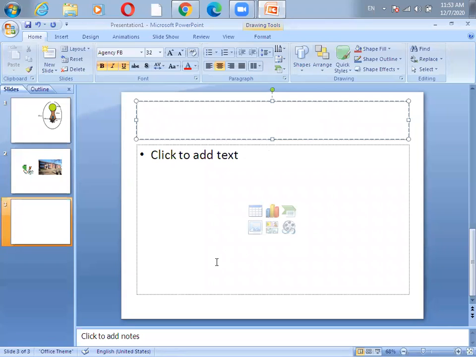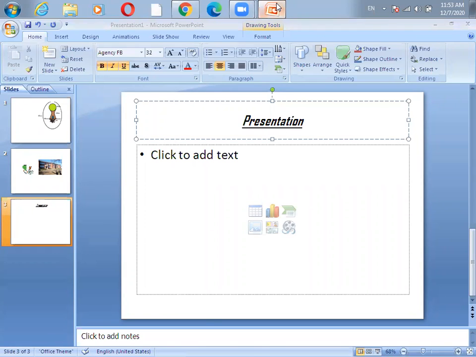So in this way we can add the text and modify the text. Modify means we can apply the formatting, how to make it attractive. And then we can delete it by selecting it first and then pressing the Delete button from the keyboard.